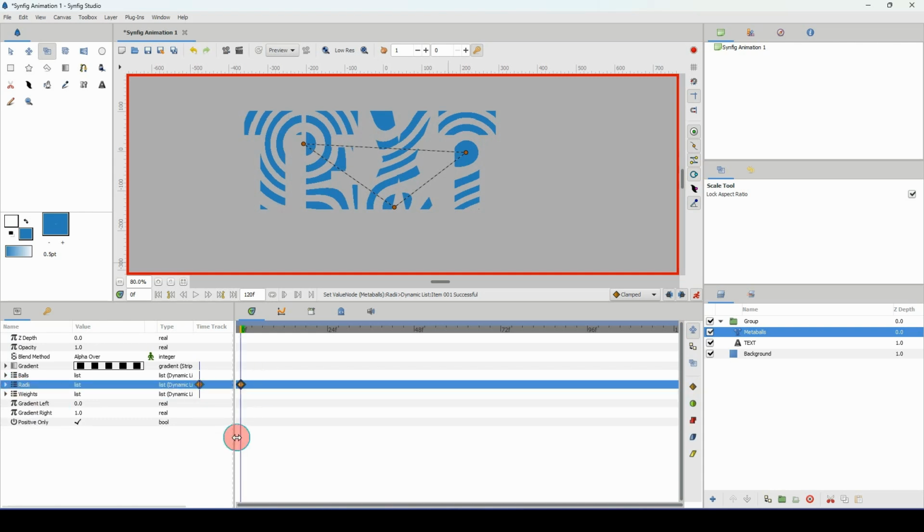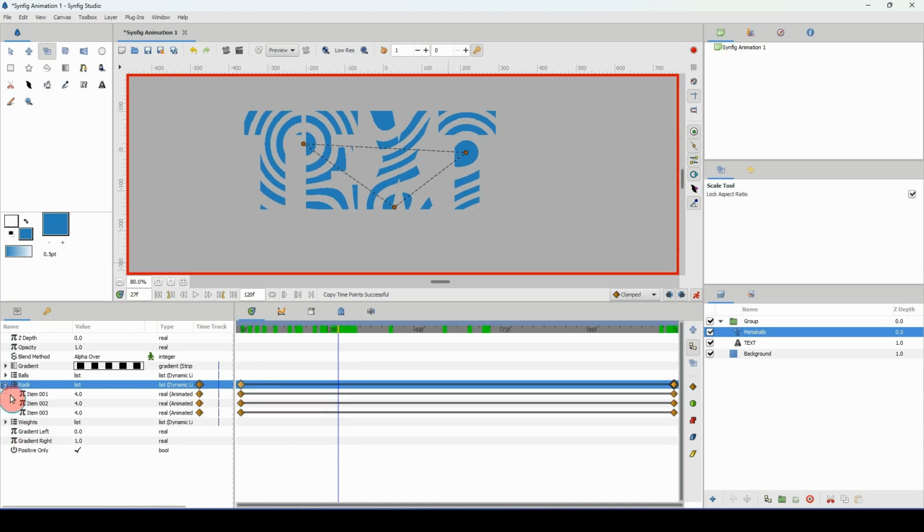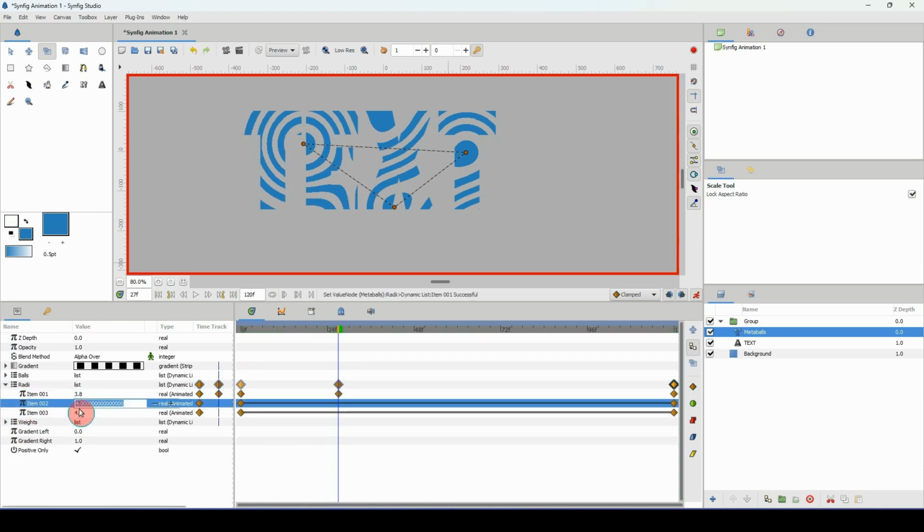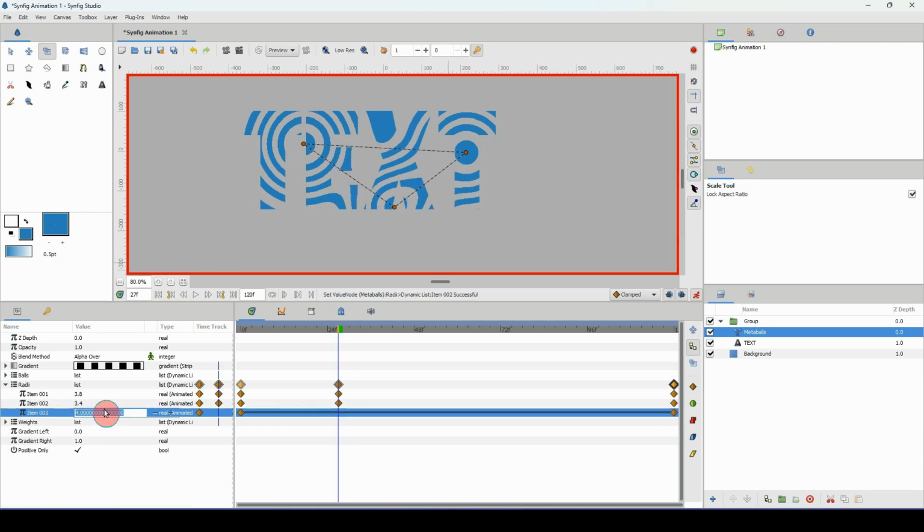Now the next thing I'm going to do is I'm going to duplicate all these keyframes all the way down here to the end. So I'm going to click on the duplicate there, move this down to there, like so. So we have the same keyframes from beginning to end, and that's so we can have a perfect loop. Now all I need to do here is just to go in between here, and we can alter the values to see the movement. So maybe this would be 3.8, 3.4, and we can insert whatever values that we want, but I'm just going to stick to 3s, so 3.0,